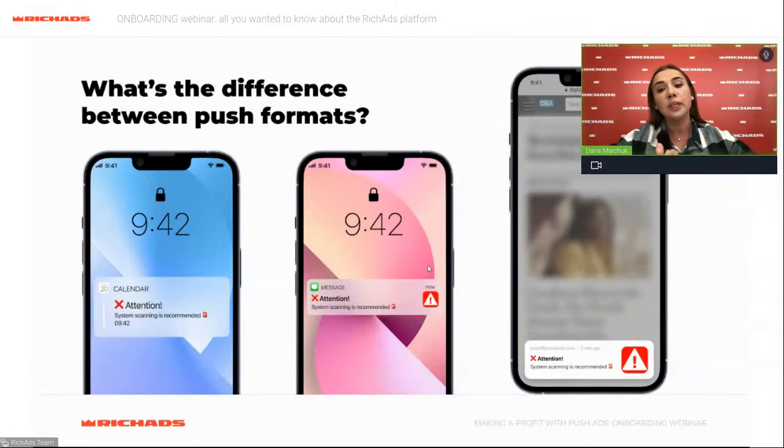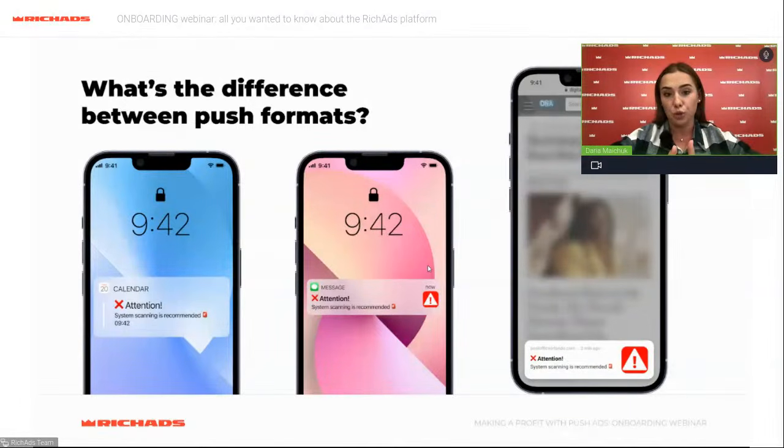While I speak, please check out the presentation and see how they look for users. When we speak about iOS calendar, the process of subscription is pretty much similar to classic push ads. A user just has to agree to receive notifications. Then he will see your ad as a scheduled event in a calendar. The main difference is that no icon or image is needed for calendar push, just the text.